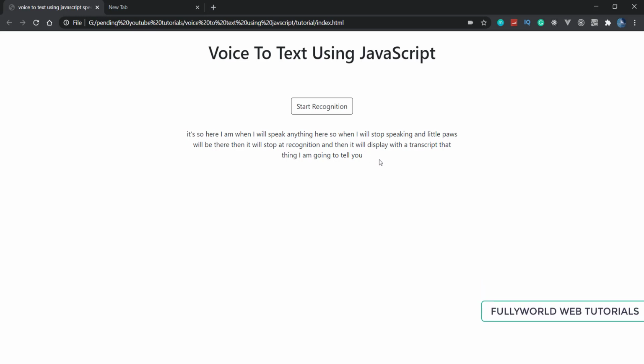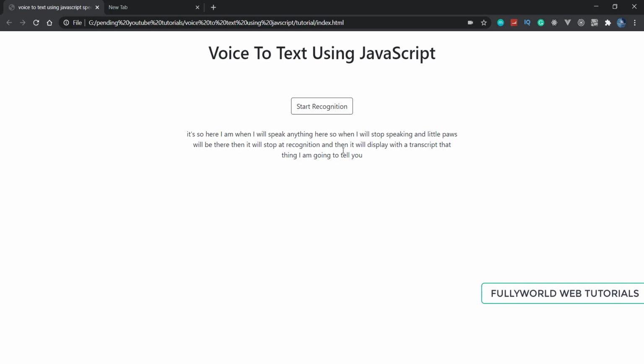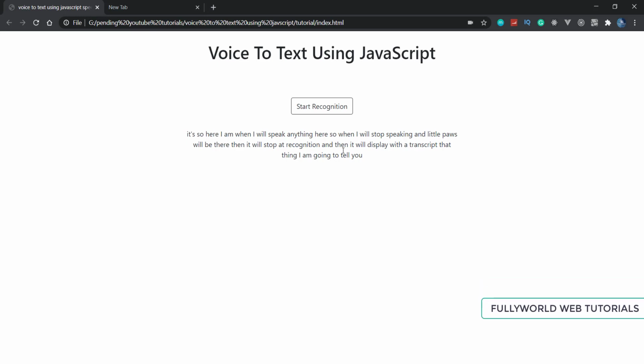The benefit of this is that you can create very advanced projects. If you want to control any website with your voice, you need the transcript also, so this will be very helpful. You can program your commands, as there is a method called onresult.